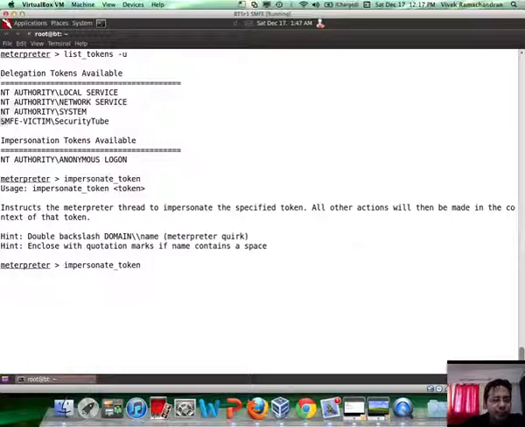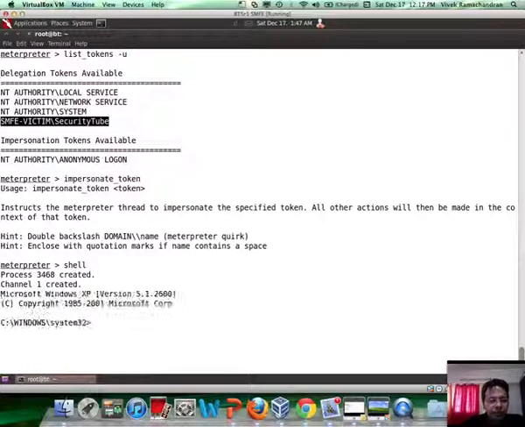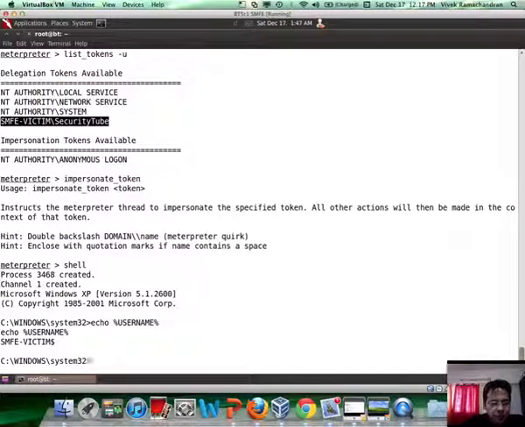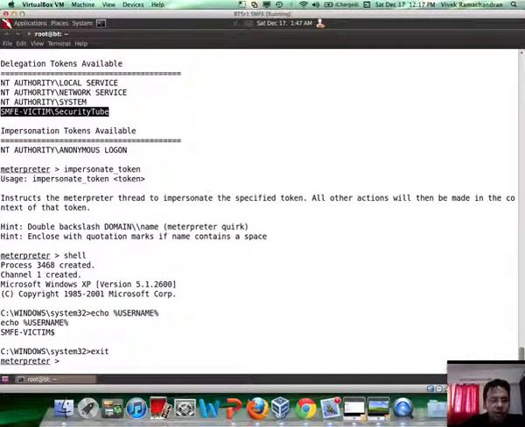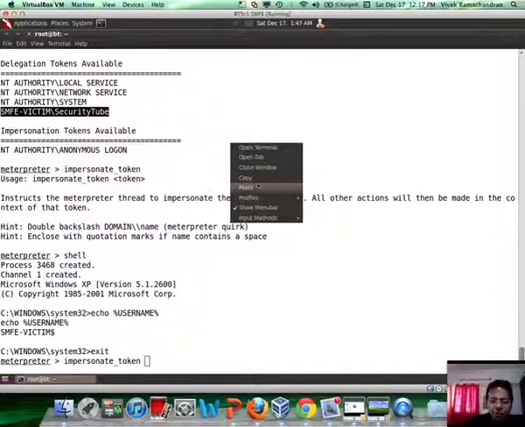So let me run list tokens again, and then impersonate token would require you to specify the token, which let's say I'm going to go ahead and steal the token for this user. Before that, let me actually show you what happens. So right now I'm still system, and if I actually do a quick hit on username, it clearly shows that I am the system user. Now, after I impersonate this user on the remote system by using this delegation token,